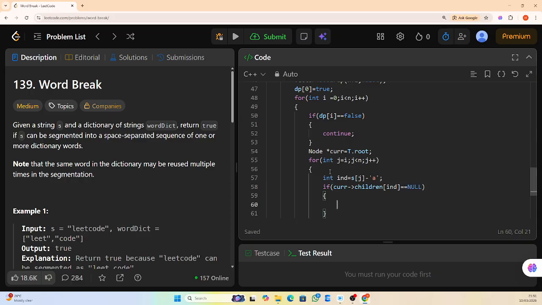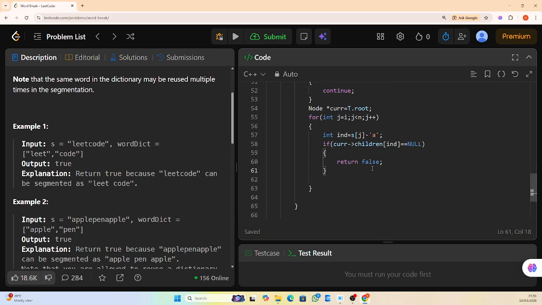What is the meaning of you found a null? What do you mean you found a null? What is the meaning of null? You haven't found that particular one. So return false. You wrote false, right? You did not find any word, and how can be